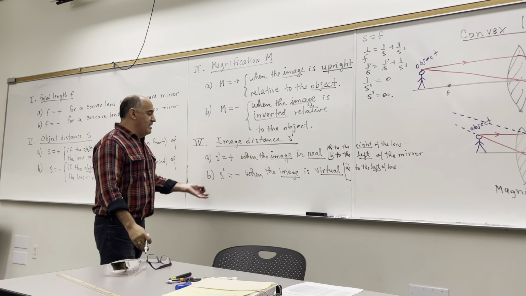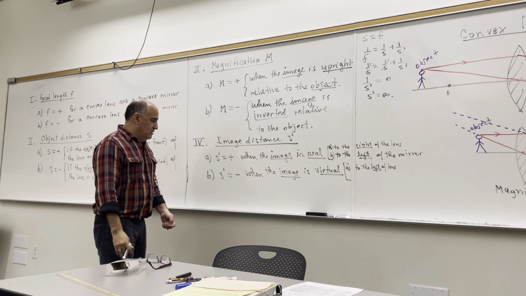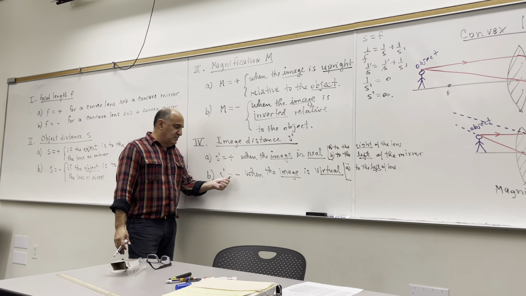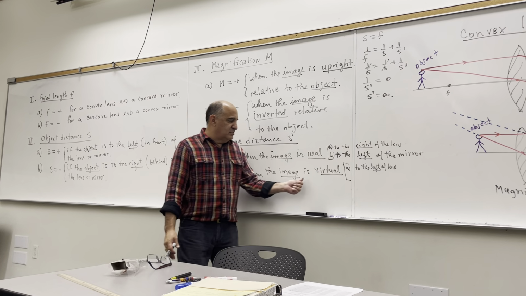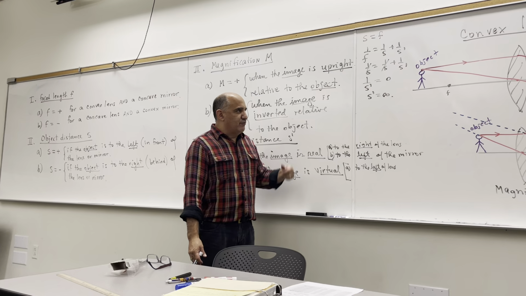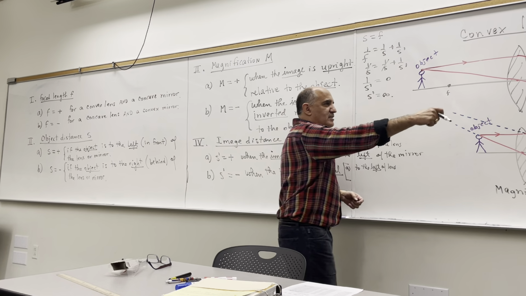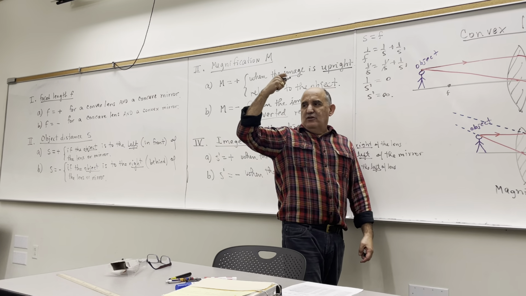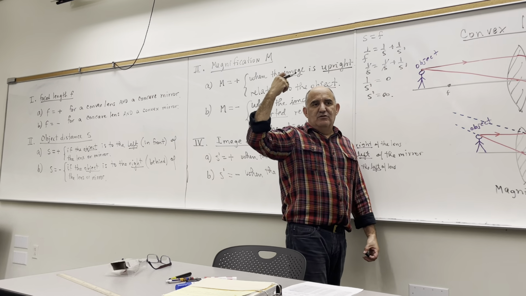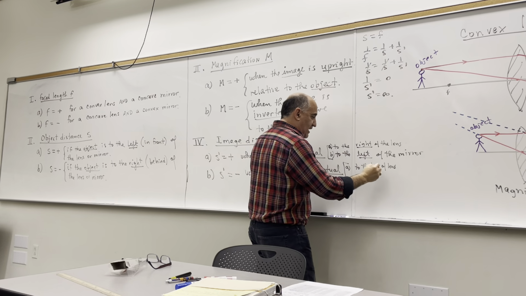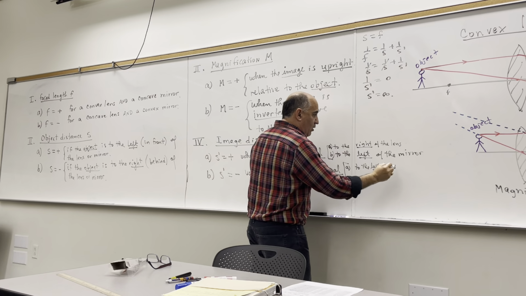Now, when is the image going to be virtual? Well, that means the image distance is negative. When the image is virtual, for a lens, the light goes through the lens so it doesn't come back. So if it forms an image on this side, it's because it's a virtual image. So that would be to the left of the lens. Or,